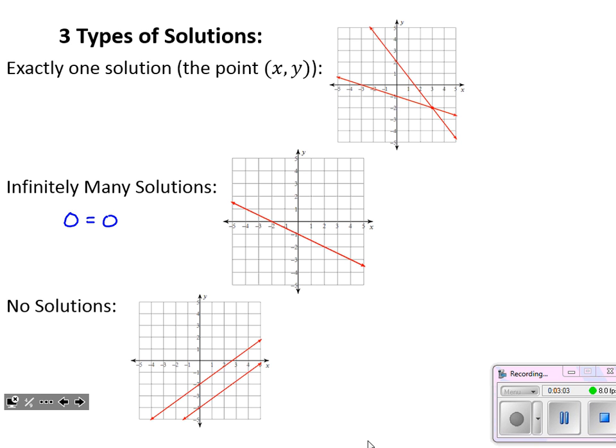Okay, and then lastly, no solutions. This happens when we end up with all of our variables canceling out, and we end up with something like 0 equals a number, 0 equals 7, or two numbers that are not equal to each other after everything is simplified. Okay, so that doesn't have to be 7, that's just an example, but that's what we would see if there's no solutions. You can see from the graph, those lines are parallel. There is no point at which those two lines intersect.